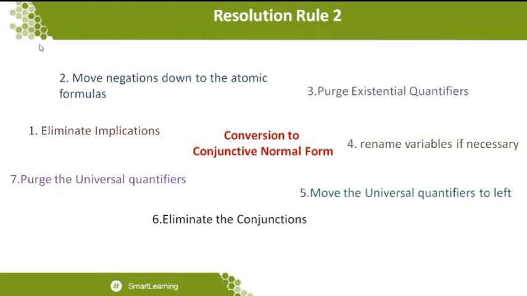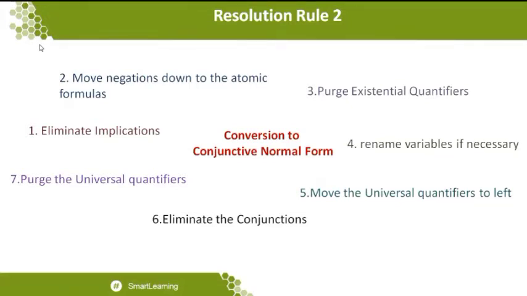For example, I have a first statement and a second statement. When the negation has been entered into the first part, then automatically the conjunction symbol will be converted to the disjunction symbol, because the negation symbol has been passed inside the particular facts of the sentence, when it has a connective between one fact and another fact. So the second point is very important: you want to move the negation down towards atomic formulas.